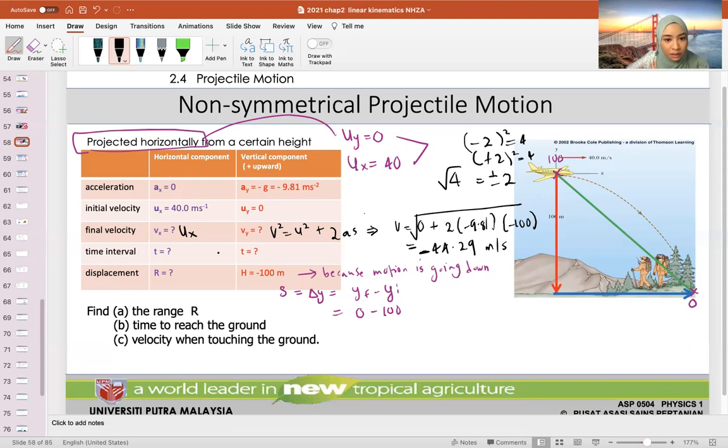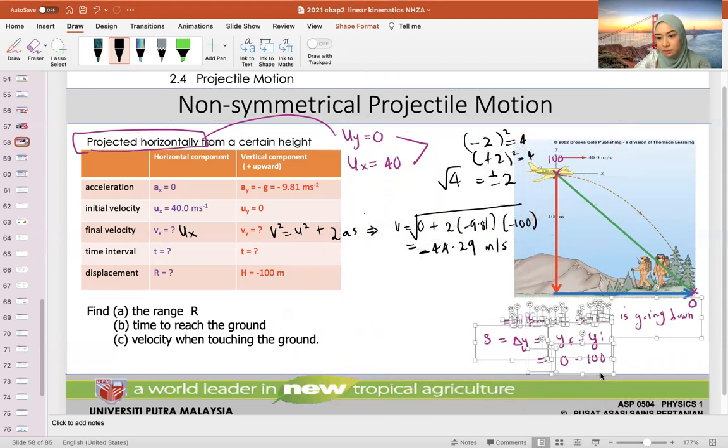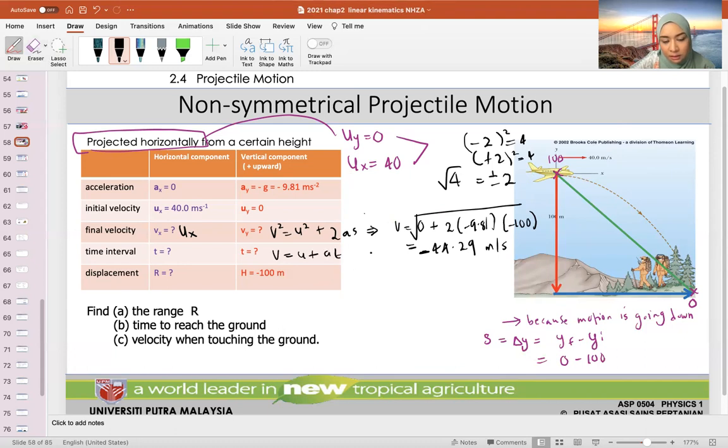So that's great. Now we want to find the time. How do we find the time? Can we use the first equation to find the time? Boleh ke tak? Boleh. Okay, let's try it. Let me put it over here. This is just info. Okay, so V equals U plus AT. I'll do it here. So V kita dah tahu, minus